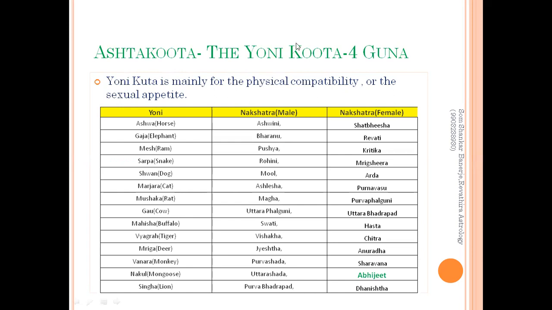There are 14 types of animals. Just see how the rishis and maharishis have categorized them. Each animal has two nakshatras, one male and one female. So this is Ashwini, Bharani, and like this it is categorized. Like horse is Ashwini and Shatabisha, elephant is Bharani and Revati. So these animals are symbolized with respect to their urges. So what it suggests is